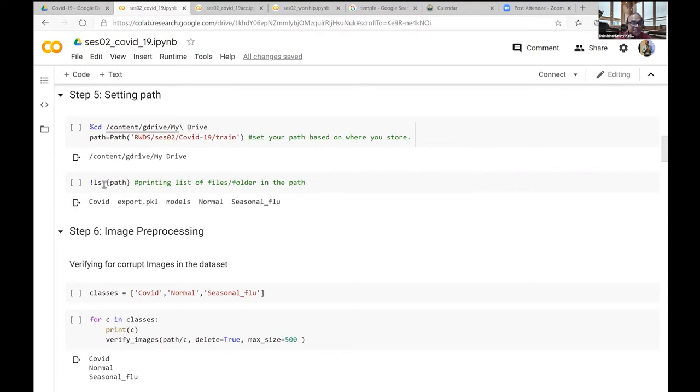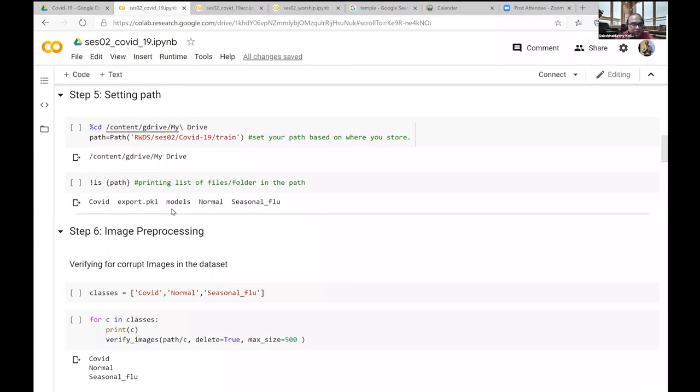So ls stands for list; path tells me all the files it sees there. I am quite happy because there is a folder called COVID, which has all the COVID x-rays. There is a folder called normal, which has all the normal x-rays. There's a folder called seasonal flu, which has all the seasonal flu x-rays.